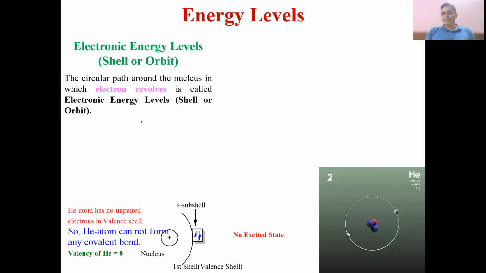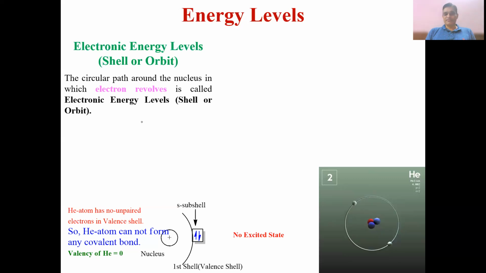As you can see in the diagram, the electrons are revolving around the nucleus. For example, in the case of helium, whose atomic number is 2, you can see in the diagram that 2 electrons are revolving around the nucleus. In the central part, the nuclear part, you can see there are 4 species: 2 are red in color, 2 are blue in color. These are protons and neutrons. In helium, there are 2 neutrons, 2 protons, and 2 electrons.